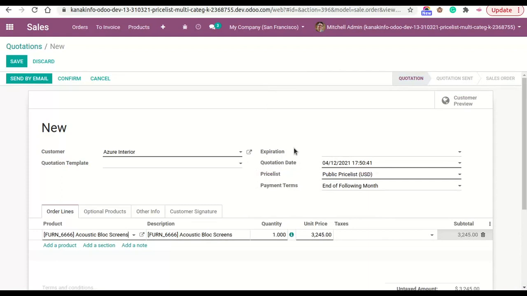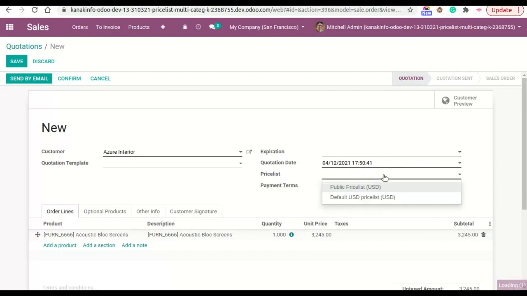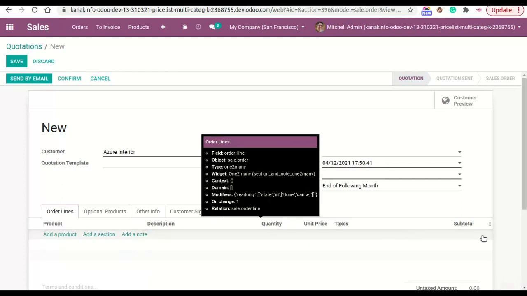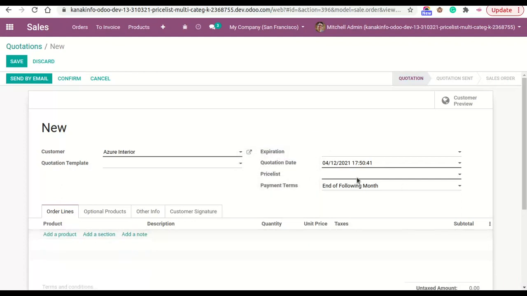Remember one thing, you have to select the price list here on which you have created price rules. Let's suppose I delete this product in order line and I remove the price list.